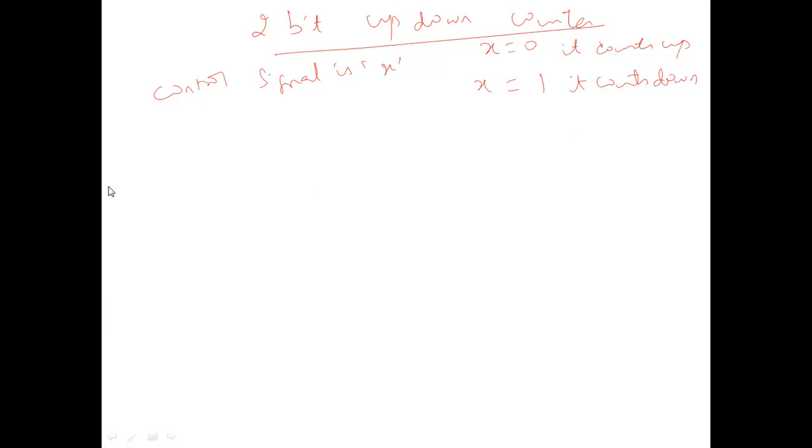Now we are going to draw the state table. So we understood it is a 2-bit counter. Whenever X is 0, it should count up. X is 1, it should count down. So how will the order go? Whenever we are talking about 2-bit, as I have told you, we are going to jump from 0 to 1 to 2 and 3. We cannot go to 4. So it will count up whenever X equal to 0: 0 to 1, 1 to 2 and 2 to 3. Whenever X is 1, it will come from 3 to 2, 2 to 1 and 1 to 0. So this is counting up and this is counting down.